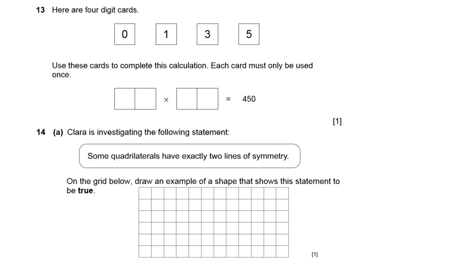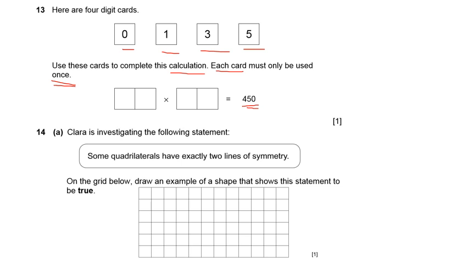Question number 13. Here are 4 digit cards, 0, 1, 3, and 5. Use these cards to complete this calculation. Each card must only be used once, so one time. So